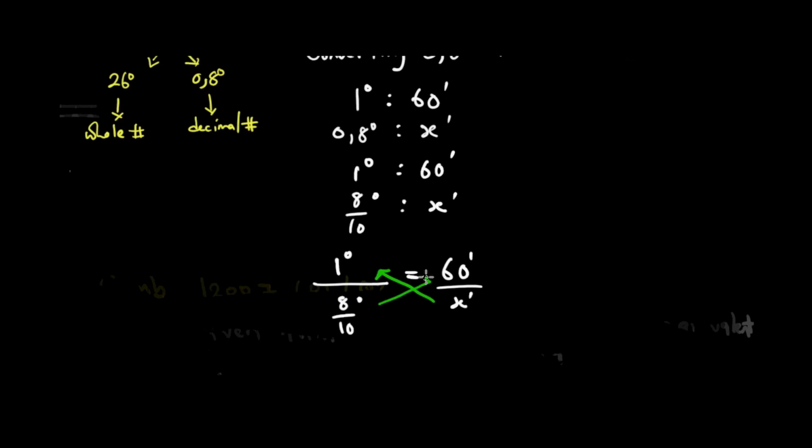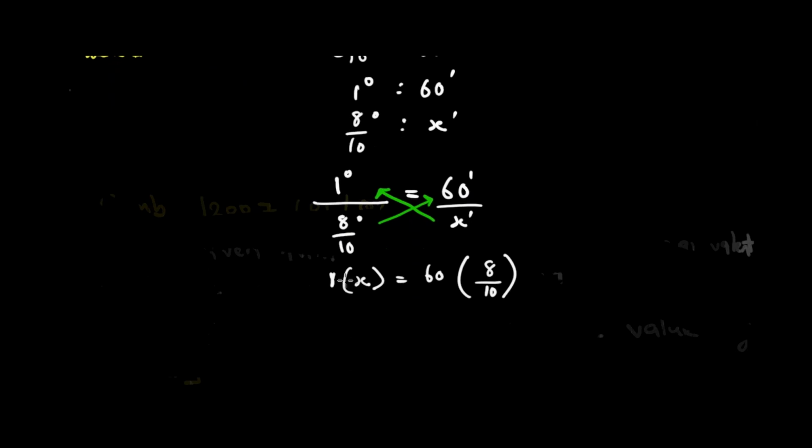Cross multiplication. Saka cross multiplication inotiudza kuti 1 iri kuno icha multiplier X. This is equal to 60 yagara iri uko, you multiply 8/10. Saka panapa 1 times X is equal to X. And 0 ikacancela, 6 times 8 the 48. You understand? So X is equal to 48 minutes, this means therefore